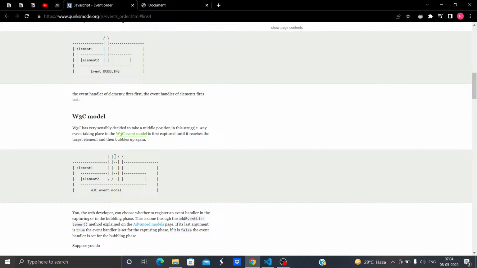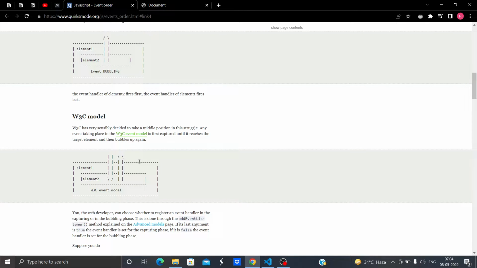So they said, what will happen is, first event capturing will happen, then bubbling will happen. You can see in the arrows, first event capturing happens, that is, element 1 is run, then element 2, then event bubbling happens.